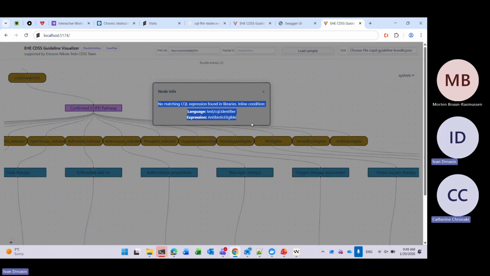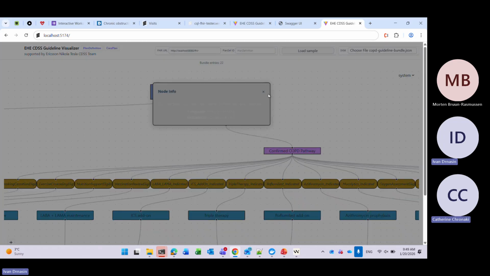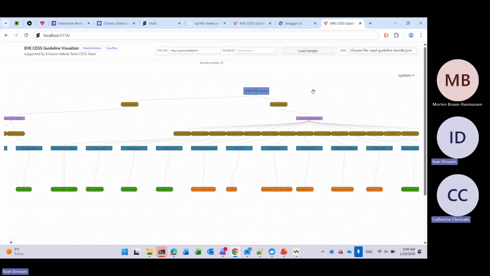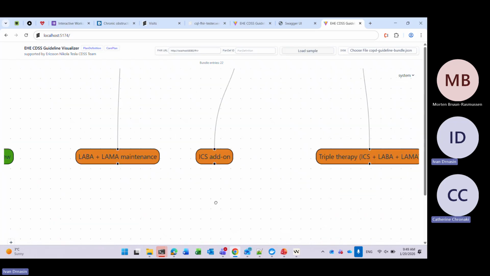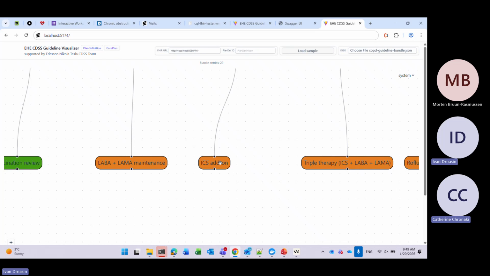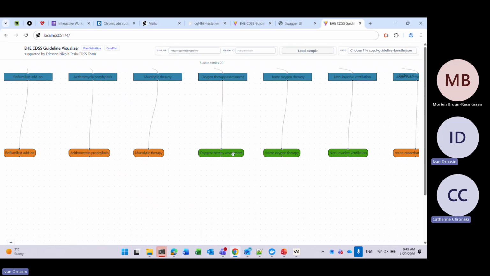Sorry for that, because here we could also see CQL code, but I don't know why it's not working. But okay, now we got something more complex, and now we have this medication request. Okay, now he read our requests, so now we have a bunch of medication requests to send patients to some therapies. And we have also service requests.